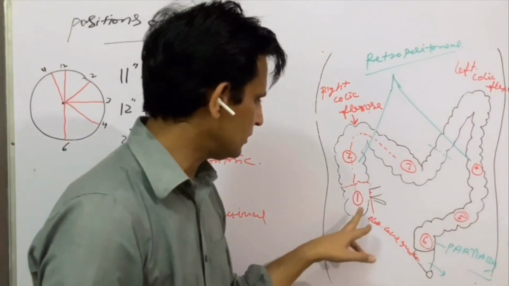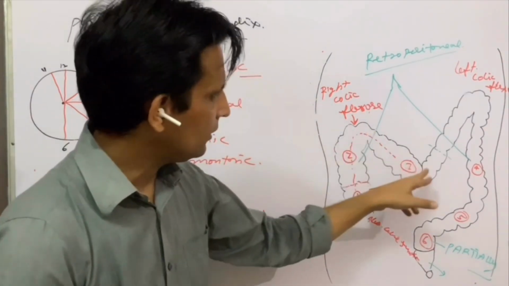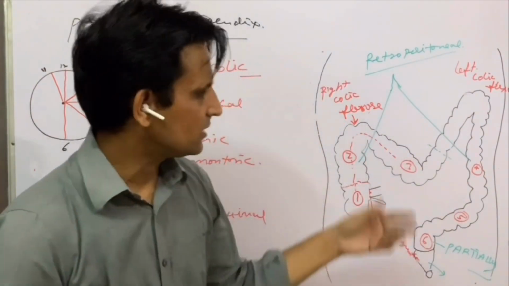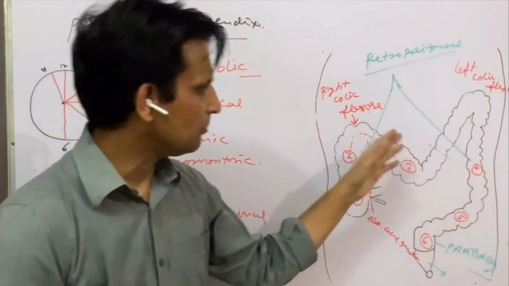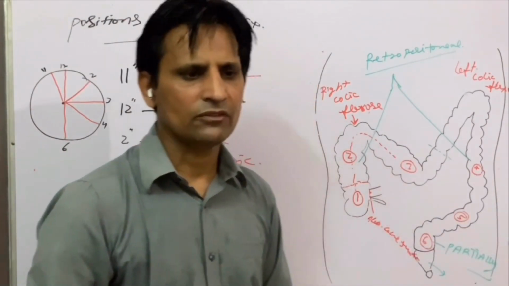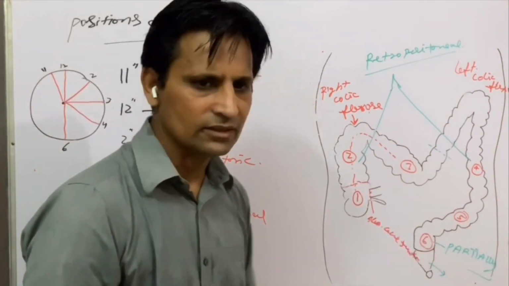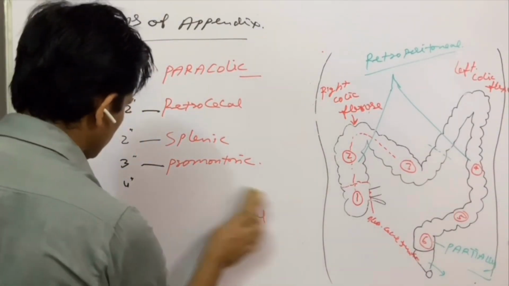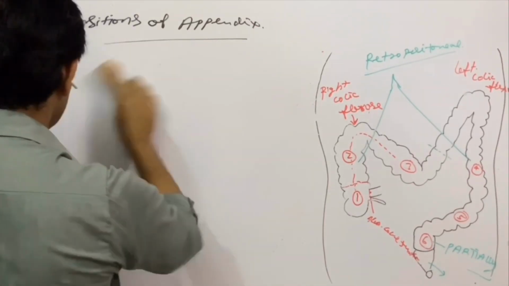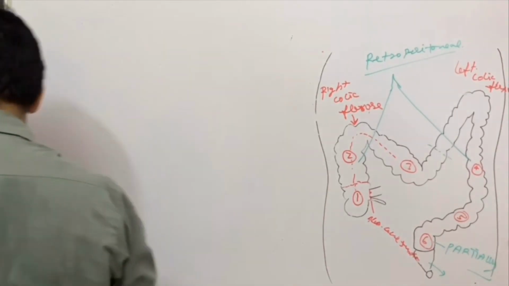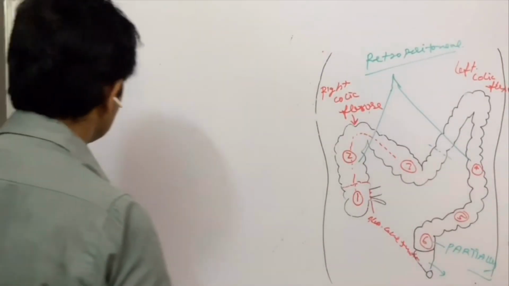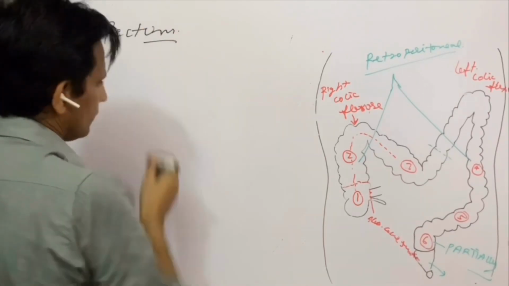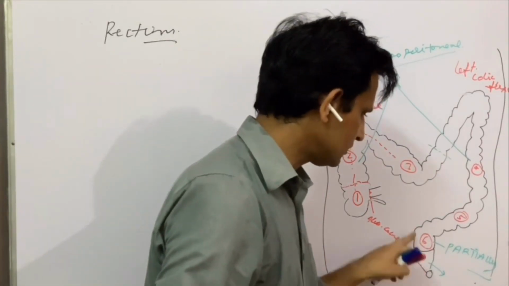We have seen the basic structure of the cecum and appendix, and the structure of the colon would be almost the same. There would be some basic differences, and we have earlier talked about the differences between the wall of the small intestine and the large intestine. So directly we will go to the rectum. Next portion is the rectum, and we will talk about this portion.